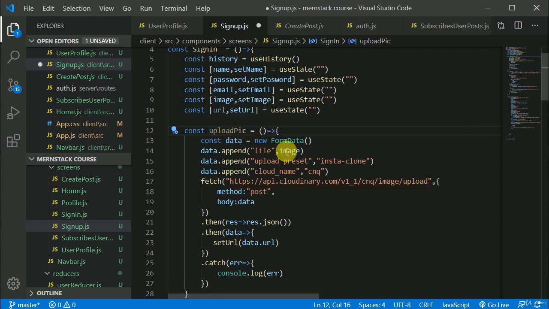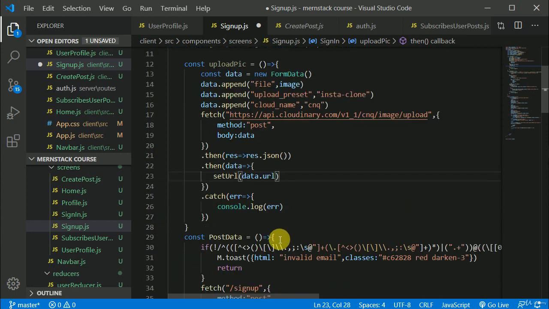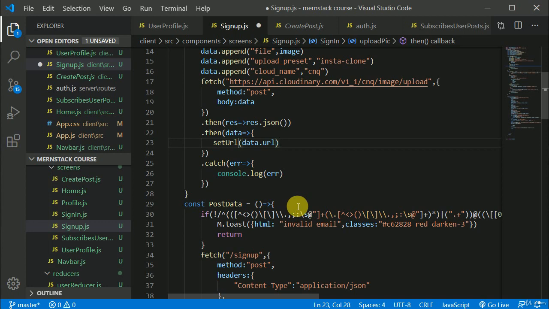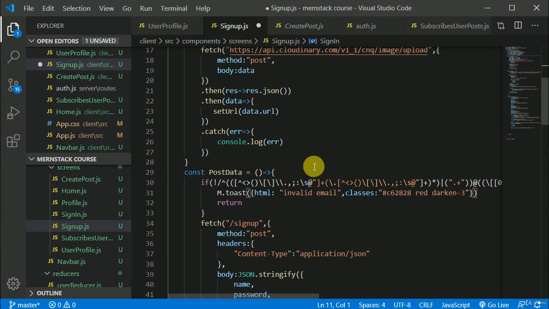Okay, now this upload pic will be completely optional. The user will be able to add the profile picture maybe later, right? So this will be an optional field. Let me think of a little bit of logic. If this image is not null, that means the user has uploaded a profile picture, right? Okay, so we can use this logic.